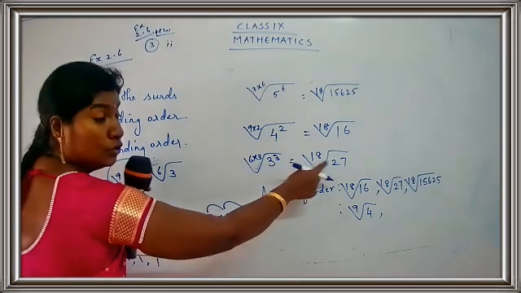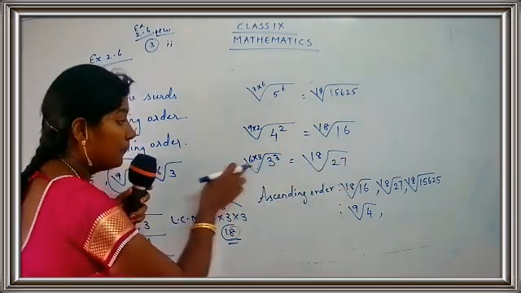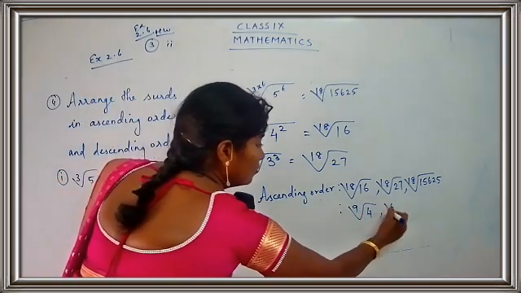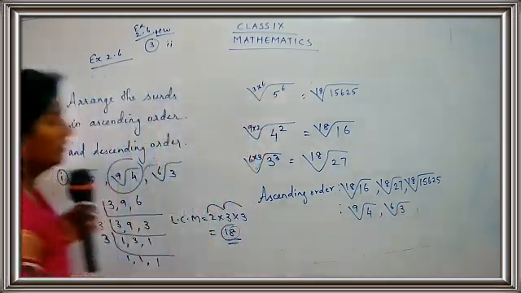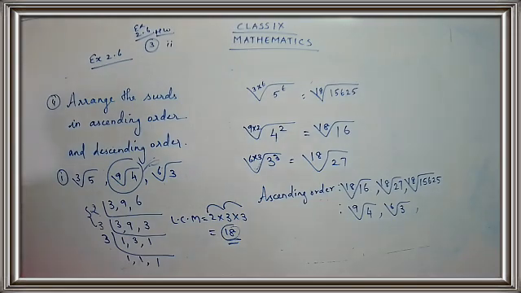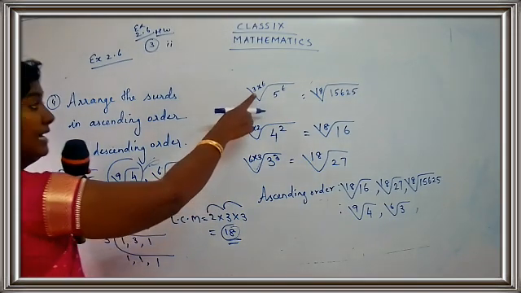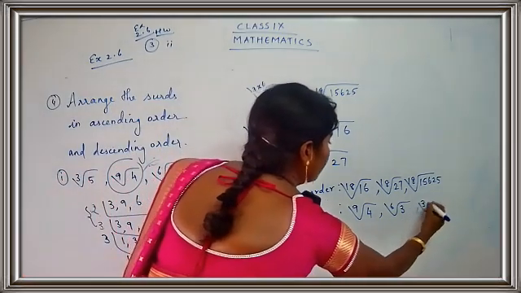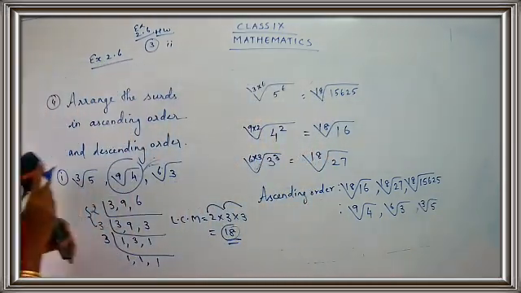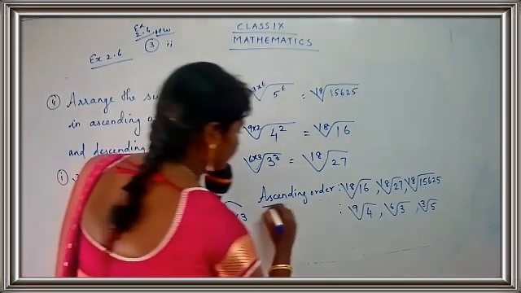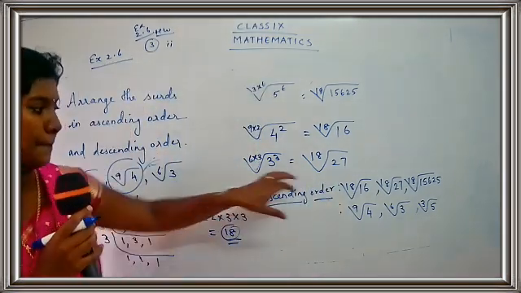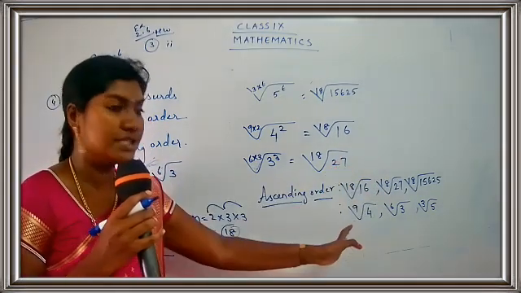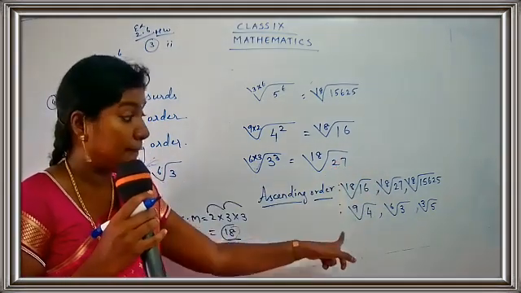So 18th root of 27, what is the original part? It's sixth root of 3. This one, sixth root of 3. And what is 18th root of 15,625? It is cube root of 5. The first one. So cube root of 5. So we have completed the ascending order. First of all, you write down the changed one, the new surd. And after writing the new surd, you have to write down the old one. You have to replace the original one.